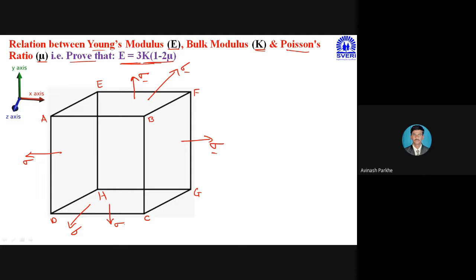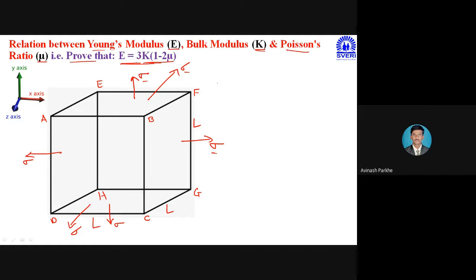Now as this is considered a cube, it has dimensions. The horizontal dimension is capital L, the length, then this width, again will be considered as length L, and this depth, again will be considered as length L. As it is considered a cube, the dimensions of the cube in all directions will remain the same.